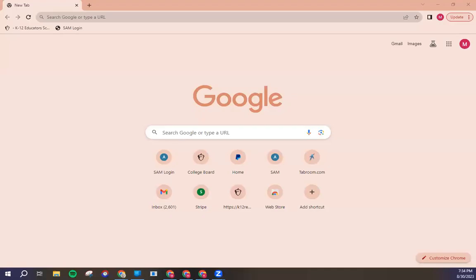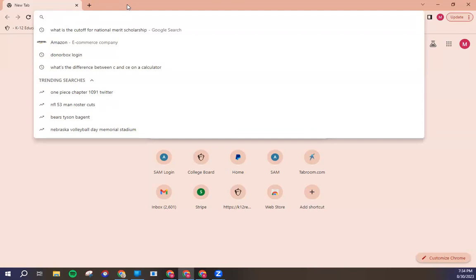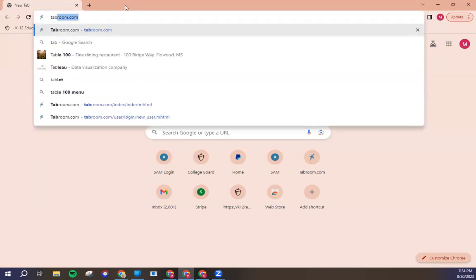All right, this is going to be a really quick walkthrough of how to set up a tabroom.com account for judges. And forgive all the cicadas in the background if you can hear them. So I'm going to go to tabroom.com